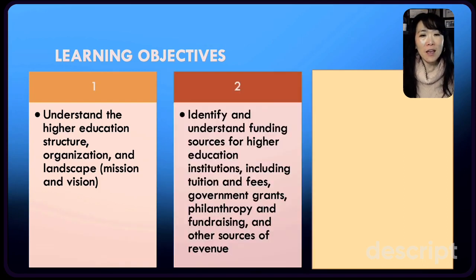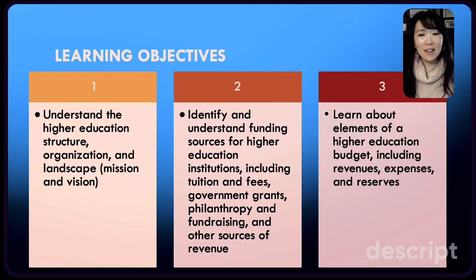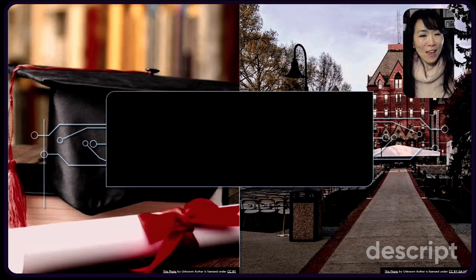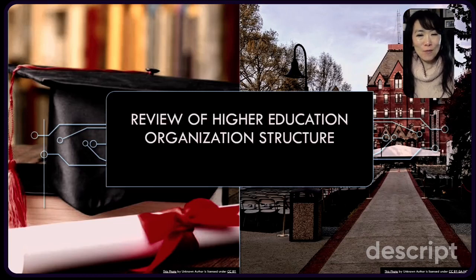last week. And we're going to cover two new topics, which is identify and understand different funding sources for higher education, including tuition and fees, government grants, philanthropy, fundraising, and other sources of revenue. And lastly, we're going to talk about the elements of higher education budgeting, including revenue, expenses, and reserves. And so I'm excited to talk to you about the